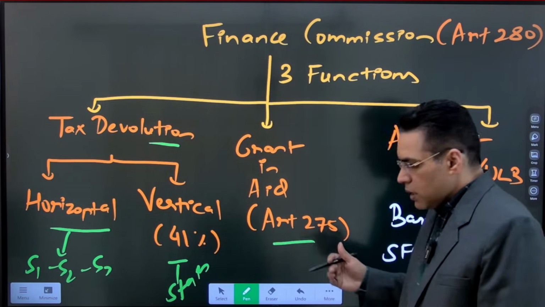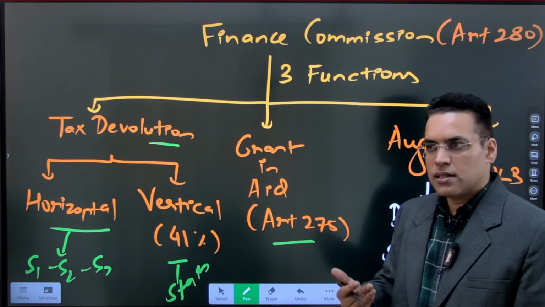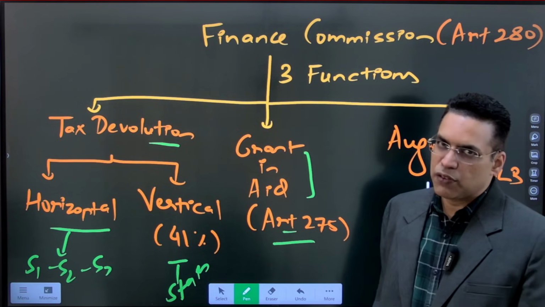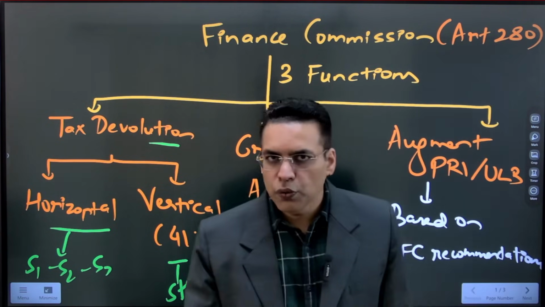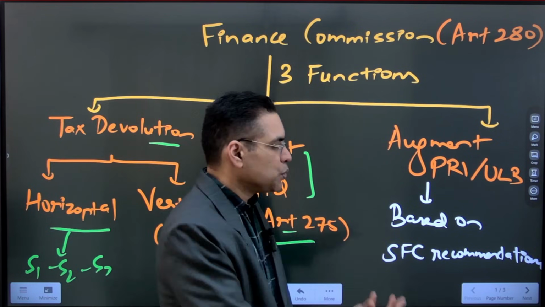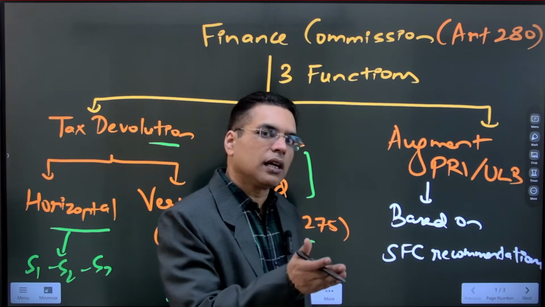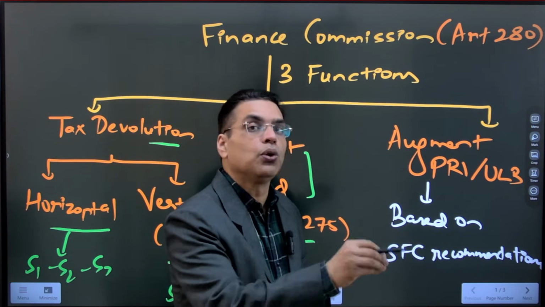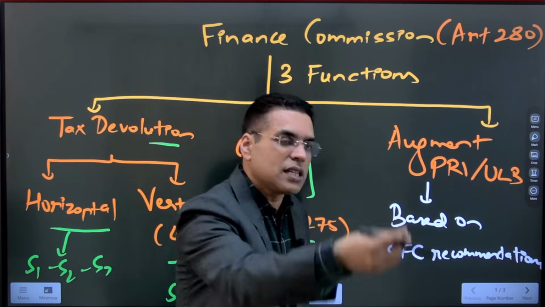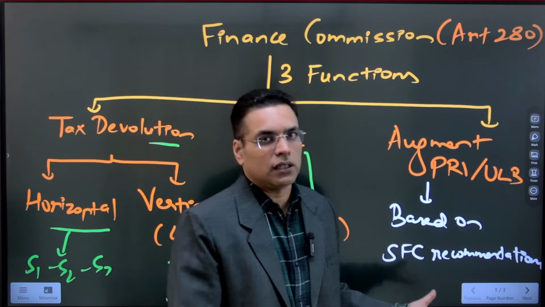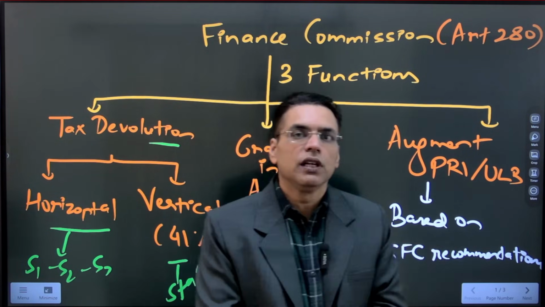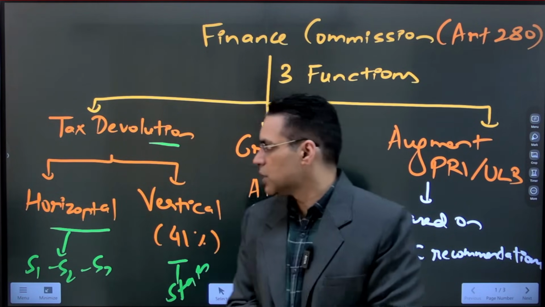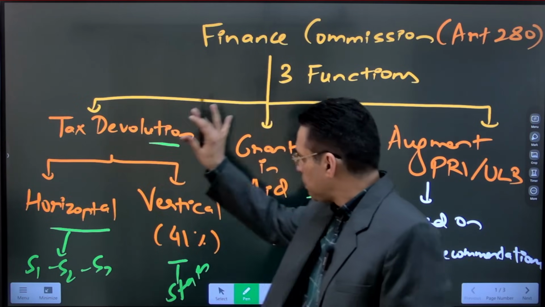The second is that, because the Government of India has revenue access, it has to give certain grants to the state governments under Article 275 of the Indian Constitution. And third is, how do we empower the local bodies, the Panchayati Raj institutions and urban local bodies? Here, based on the recommendation of the State Finance Commission, the Finance Commission will suggest how to augment the consolidated fund of the state so that local bodies and Panchayati Raj are strengthened. This is the third tier of government, and it is equally important, empowering government at the local level through the concept of democratic decentralization. So these are the primary three functions of the Finance Commission.